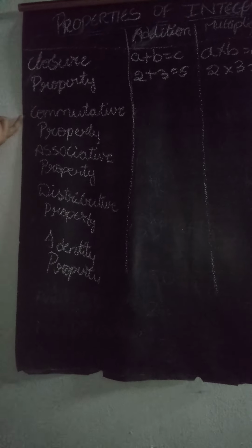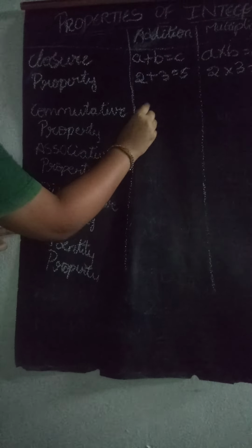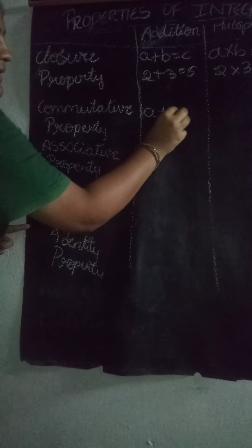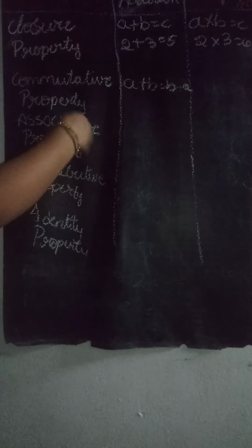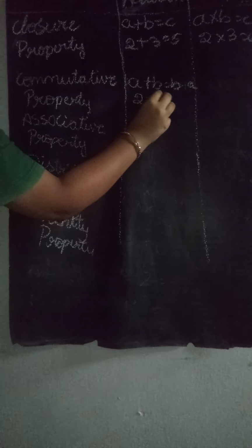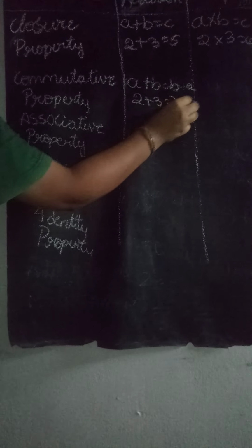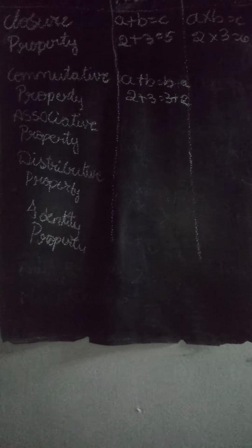Commutative property is the easiest property here. The formula for this is A plus B is equal to B plus A. See how simple it is? Just reverse both numbers, keeping the symbol as is. When they give A plus B, the answer is B plus A. Suppose 2 plus 3 is equal to 3 plus 2. That means we'll get 5 is equal to 5.